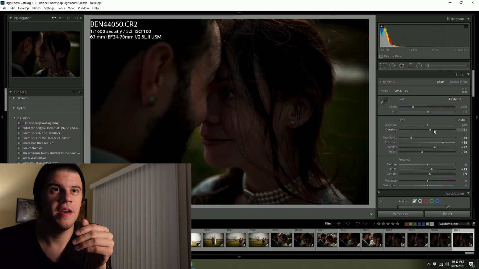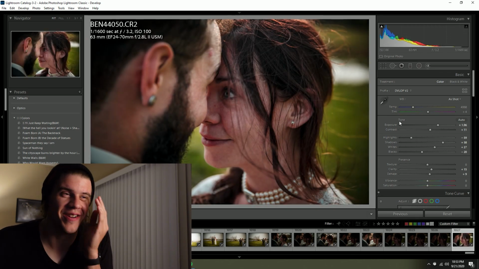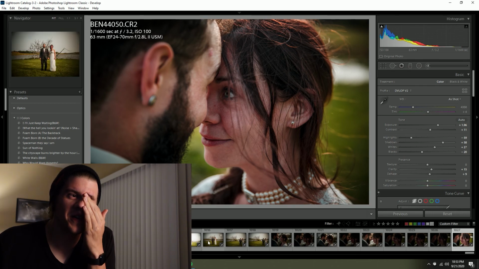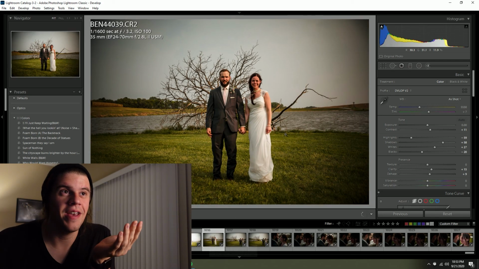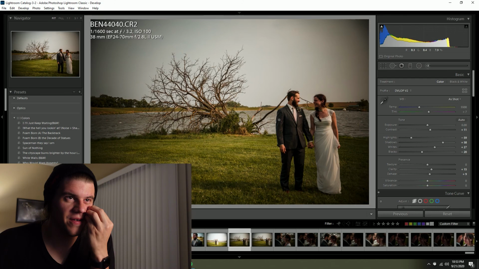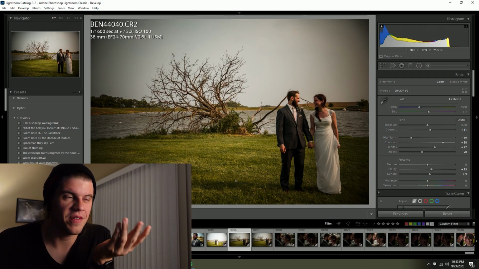And this one's funny. I had them look at each other's eyes and try to touch eyeballs, and it was funny, but it doesn't make a good picture. Anyway, so the light is kind of garbage. This is out of focus. I didn't like this one. I wanted to do something with this tree, but